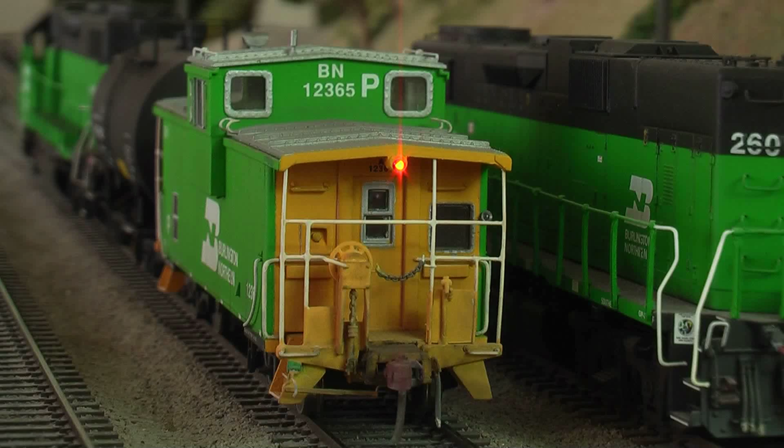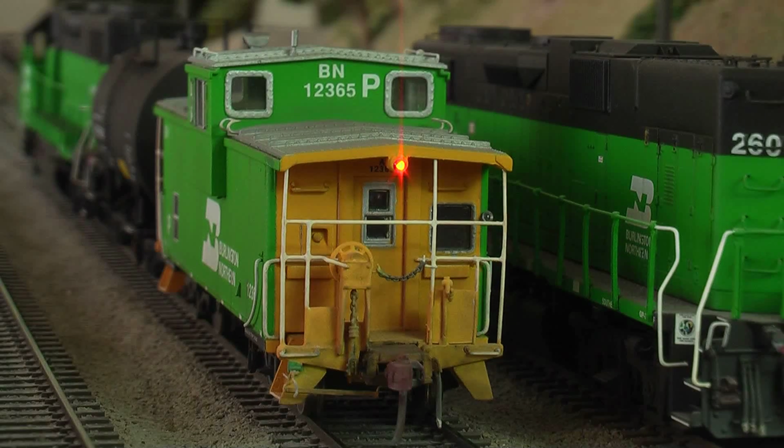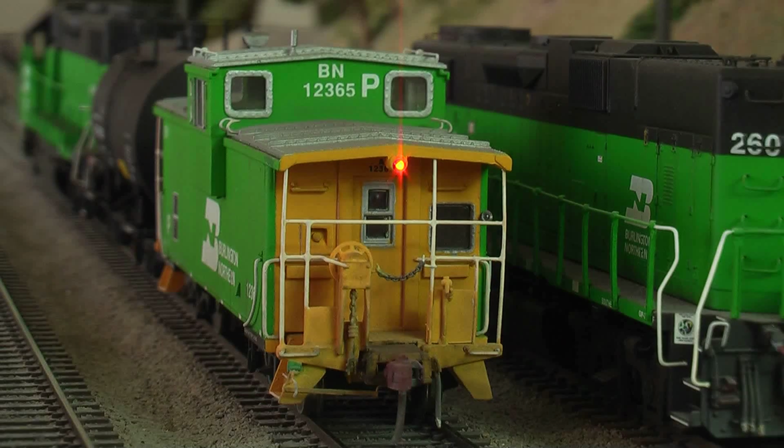So I can see the red lights on already. Yeah, this has a TCS Fleetlighter 4 FL4 decoder in it. So there's actually 4 lights in the model, and I can control all of them independently. So there's a red light on both ends. So this is on